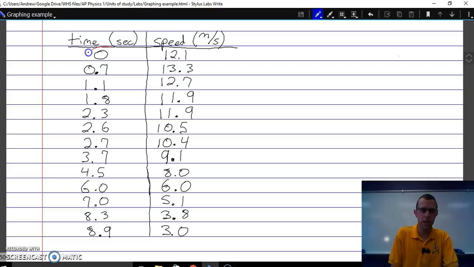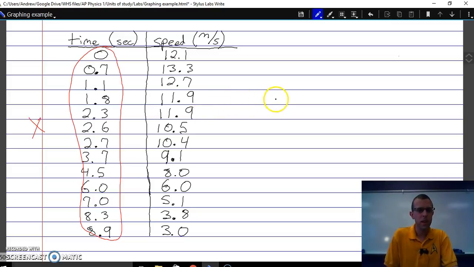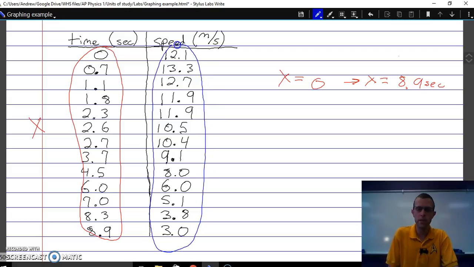So let's first look at the x-axis scale. We're looking at the time. Time's going to go on the x. On our x-axis, it looks like we're looking at a range from 0 to x equals 8.9 seconds is our biggest one. And then on the other side, these numbers are going to be the y-axis numbers. We'll have y equals, well, we don't go all the way down to 0. We'll think about that later on. Looks like our smallest value is down here, 3.0 meters per second. And we go up as high as, say, 13.3